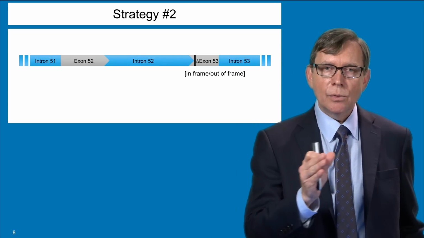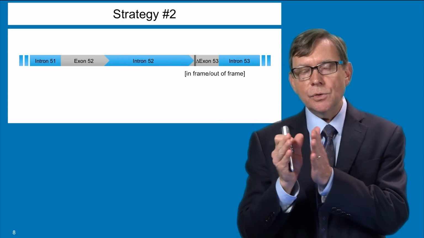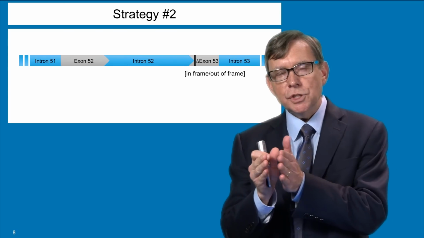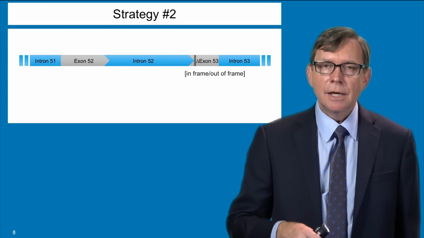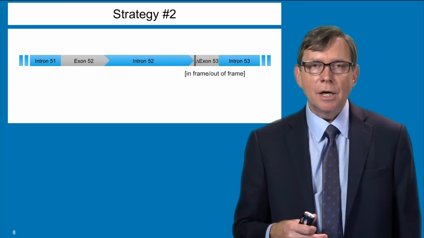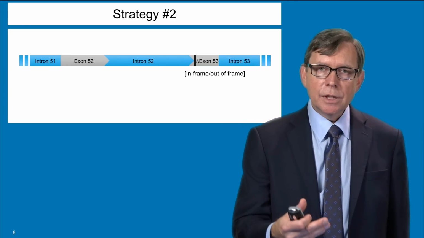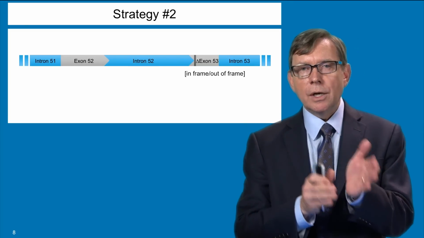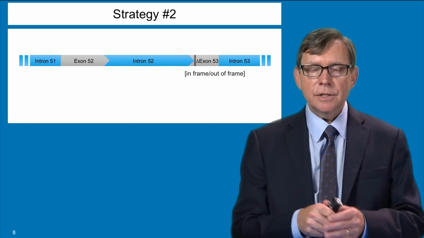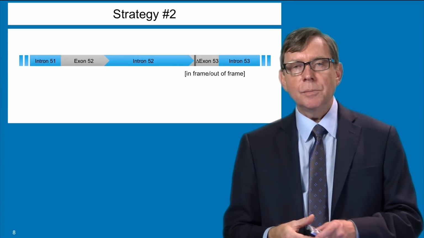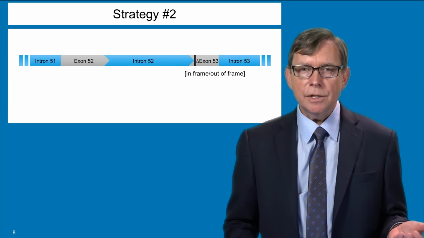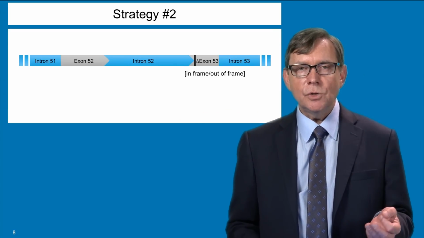And in doing so, it doesn't repair it perfectly, and you can get a very small deletion of a couple of bases being removed during the repair process. That's a process known as non-homologous end joining. And in doing so, approximately 1 out of every 3 of the repair events should have restored a normal open reading frame on the messenger RNA that comes off of this transcript, and we will have repaired the mutation.